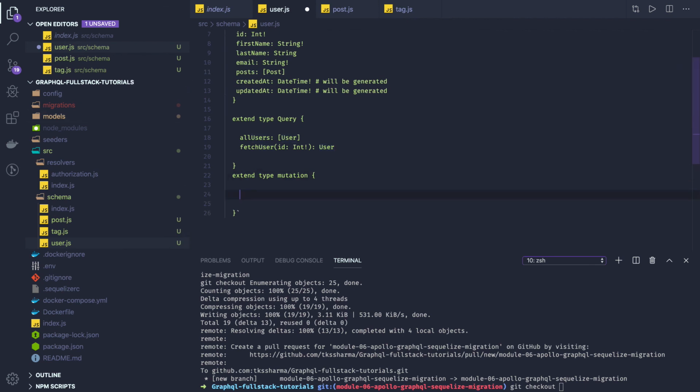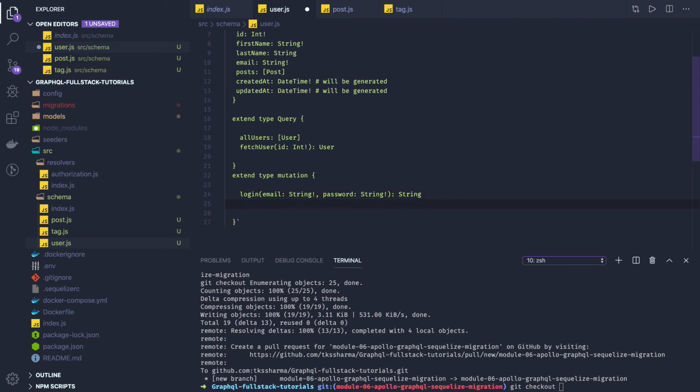Login will take two arguments, which are email and password. Email is of type string, which is required, and password. And it is returning a string as a token. That's fine.